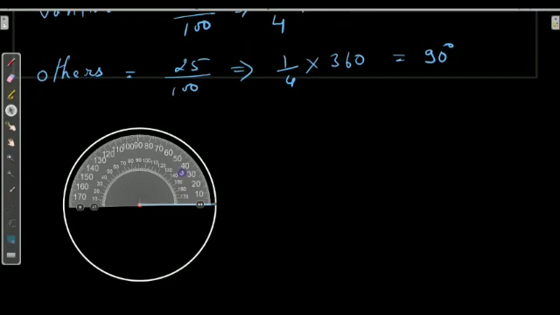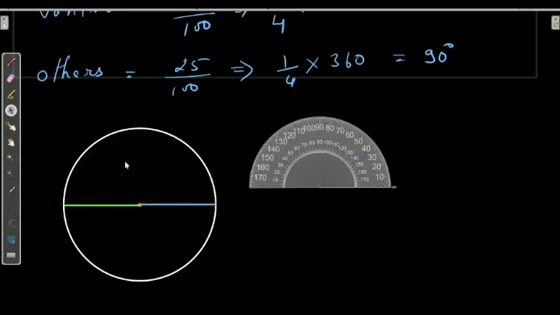So this is 180 degrees. We got 180 degrees here. So draw a 180 degree line from this. This is the 180 degree line. So we got the area in the circle for the chocolate. This area is for the chocolate.